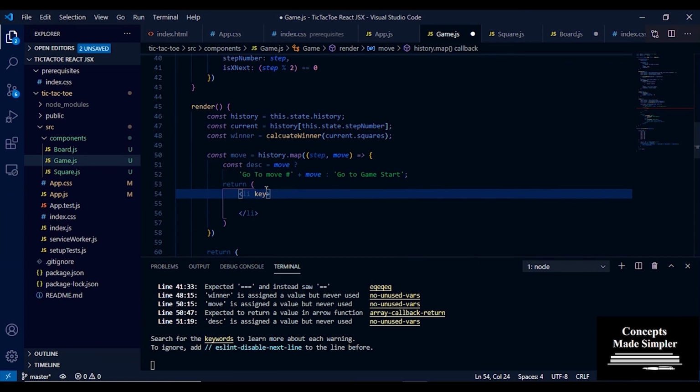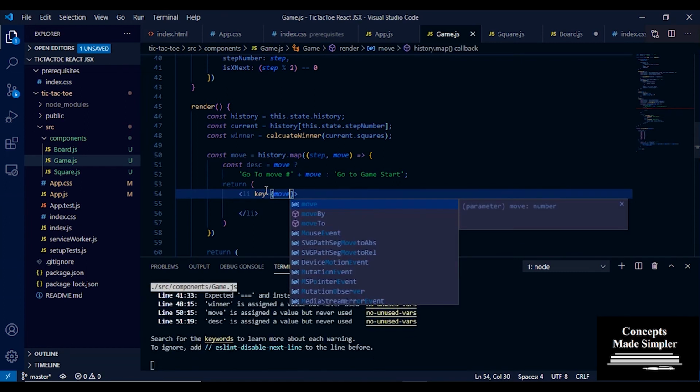So key is a special React variable which is supposed to have unique values. Now why this is so is if we delete a particular list item from a dynamic list, if we have passed in a unique key every time, only that particular item will be deleted and the list will be re-rendered and pushed up.